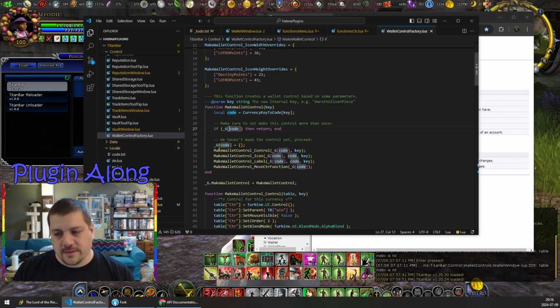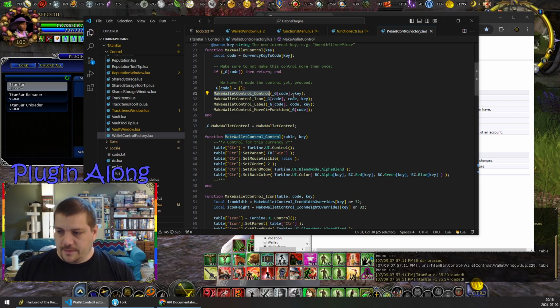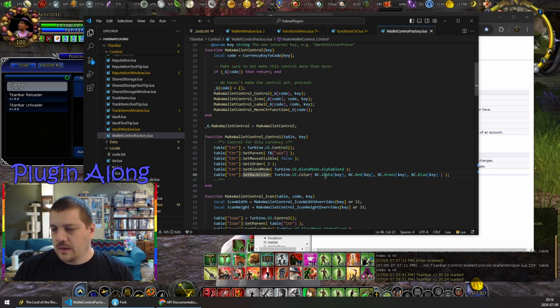Okay, let's take a look at each of these 4 functions and see how we feel. Make wallet control. So this is the thing that everything else will go in. So we make the control, we set the parent, mouse visible, Z order, blend mode, back color. And the real thing is that